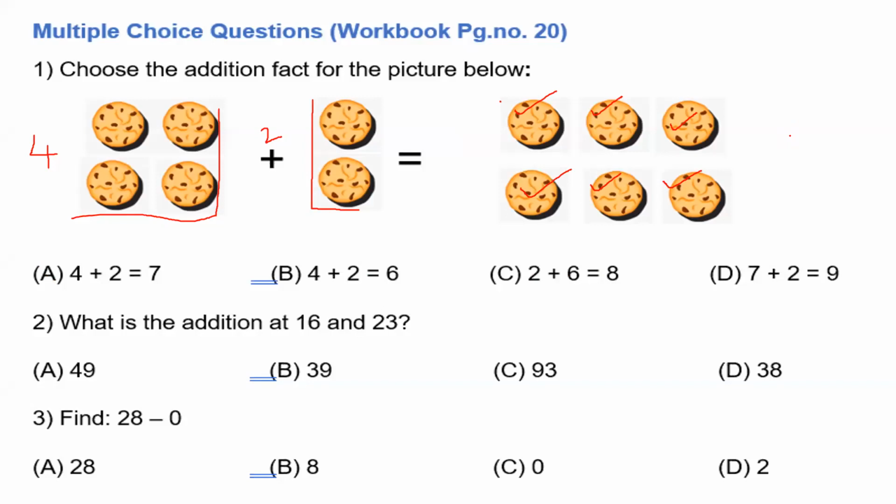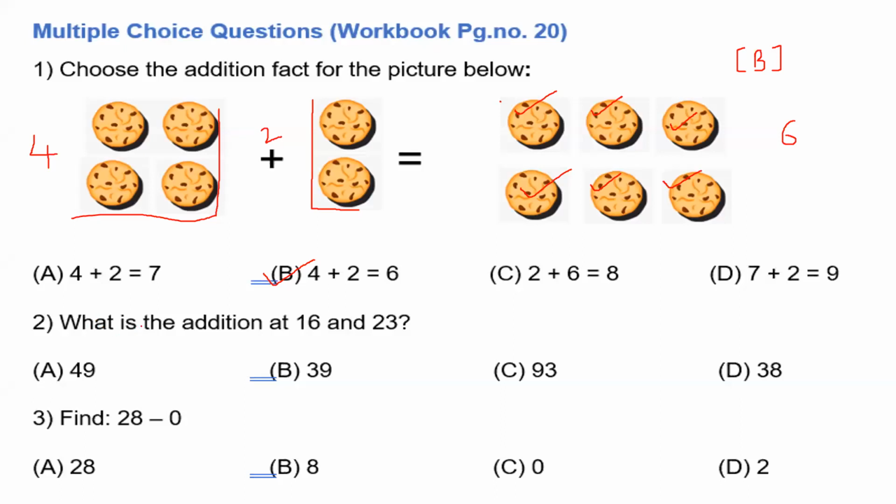Where it is given that 4 plus 2 is equals to 6, in which option you can see? Yes, in the B option we can see 4 plus 2 is equals to 6. So in the bracket in workbook it is given. Bracket is given. So write in it B. Okay. B option is the correct one. Then let's move on to the next question.